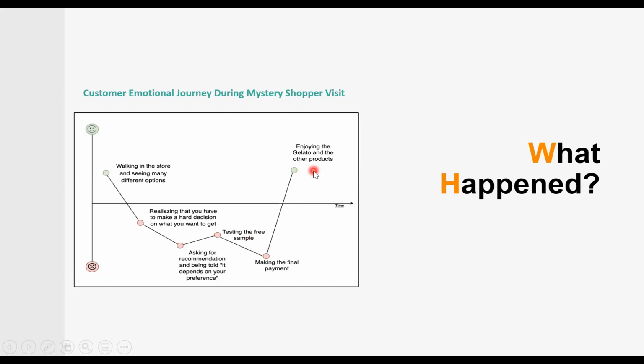So when you first walk into the shop, you will feel very excited because everything looks so good. But then when you arrive in front of the counter, you will see you have a lot of options, and then you feel confused about what kind of flavors you should choose. During this time, you will feel a little bit less excited. That's why if you take a look at the second point in this graph, the line was going down instead of going up. And then after that, if you ask for the recommendation, you will feel a little bit happier if the cashier or the server can recommend you a flavor.